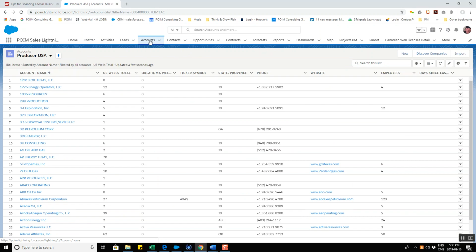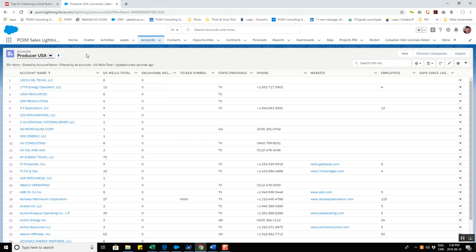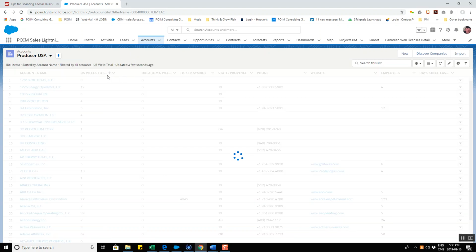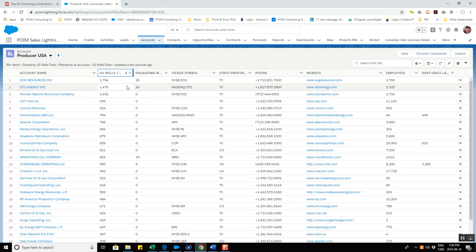Pretty standard tab. That's where we keep all of our accounts inside of Salesforce. And one of the features that gets underutilized is the list views, our ability to segment our accounts or group our accounts into segments. So here I've built one called Producers USA, and you can see by some of the headers that I have in this particular list view, I have associated the number of well licenses since 2017 to the